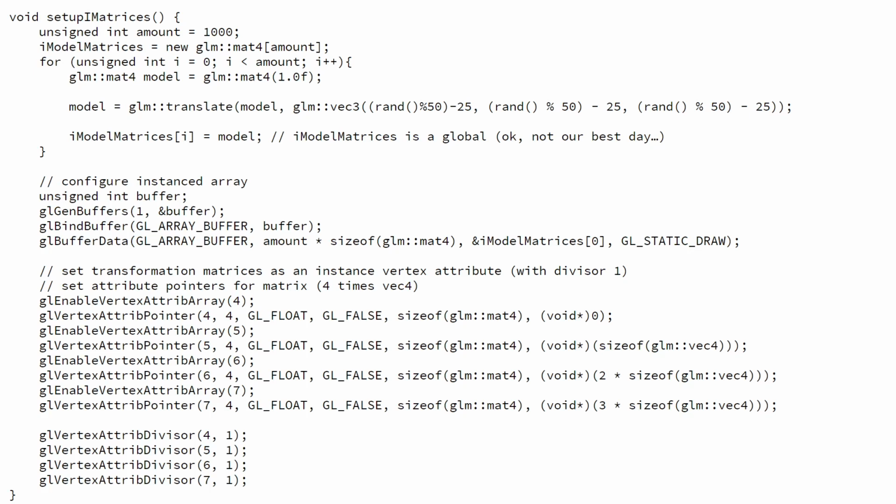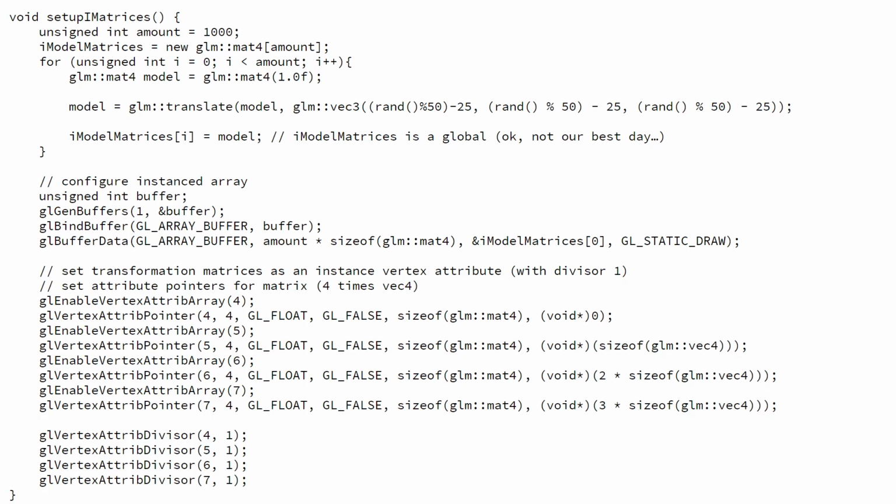Now, that's one piece of it, the notion of how we send a mat4 to our shader. But then the next part is, how do we make it so that we have one matrix, one transform per instance, right? So when we use glDrawArraysInstanced or glDrawElementsInstanced, we tell it how many instances of the model we want to draw.